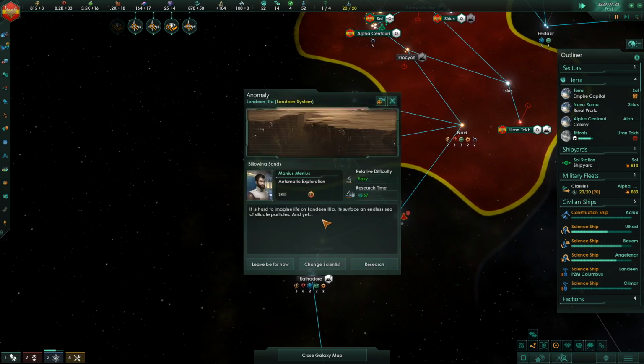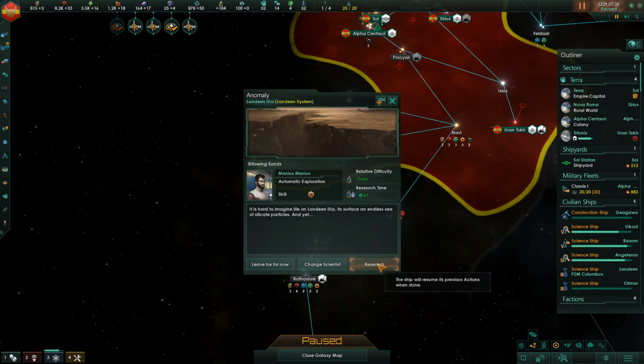Anomaly found. Hard to imagine life on Landine 3A, its surface an endless sea of silicate particles, and yet...